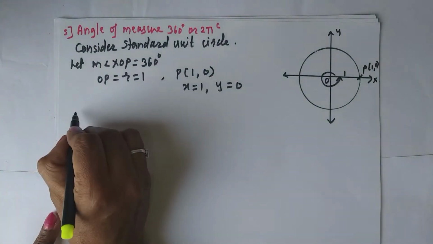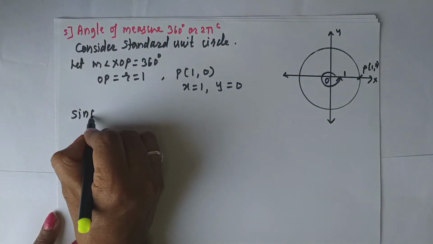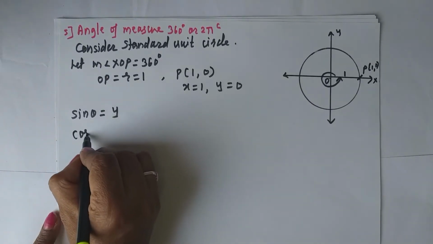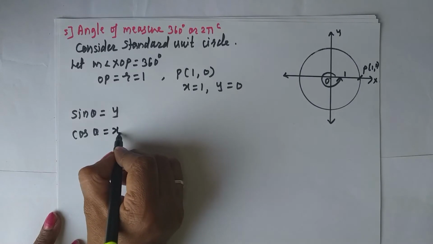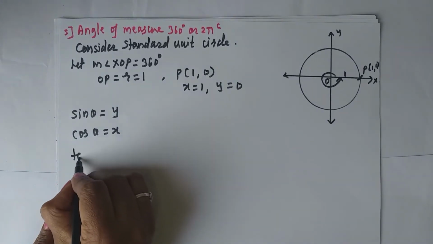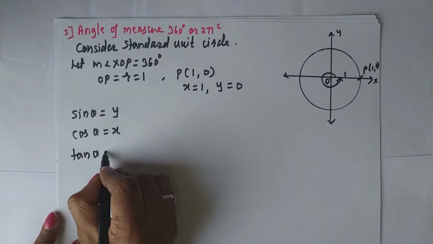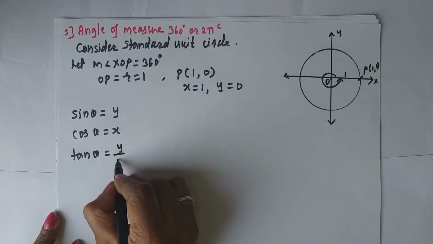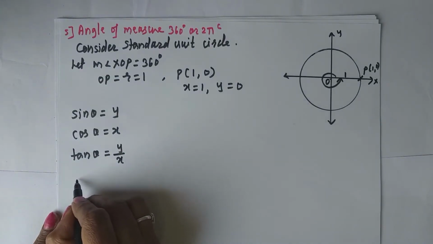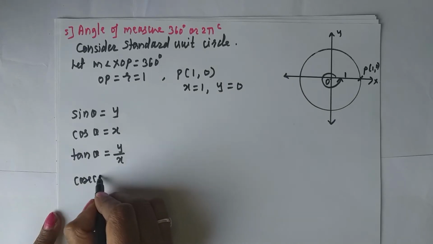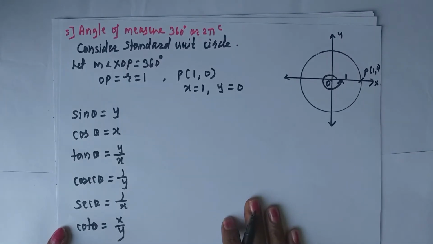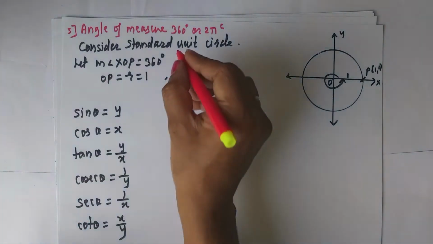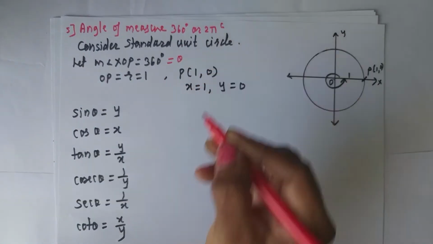Then you write down all 6 trigonometric functions in terms of the standard unit circle as we have got in our earlier lecture. In our earlier lecture, we have seen the derivation of how to find all 6 trigonometric functions in terms of standard unit circle. Now you put the values of theta, x, y in these equations. Here our theta is 360 degree.